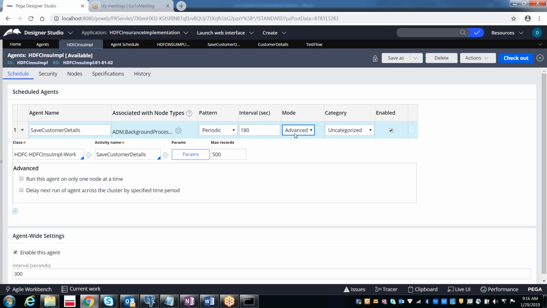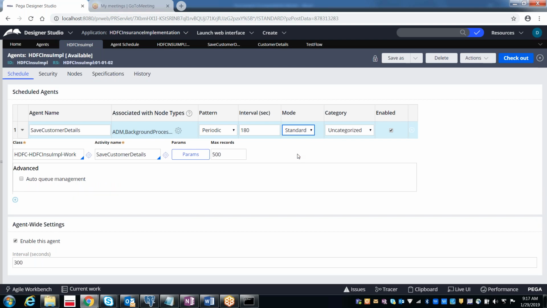In case you want to create the standard agent, as I said, the work object queuing will be done by Pega. So how can you queue it?